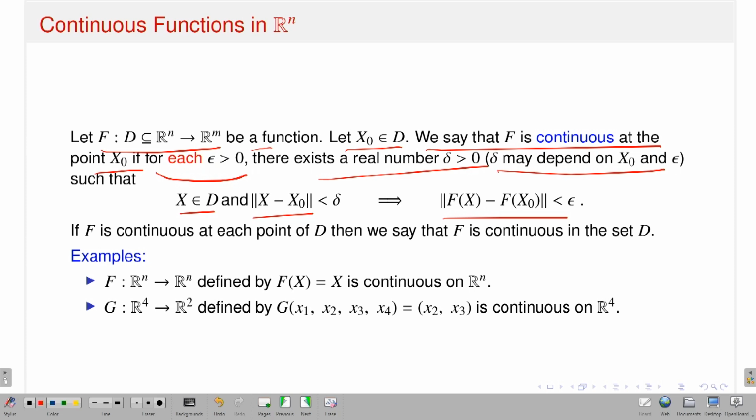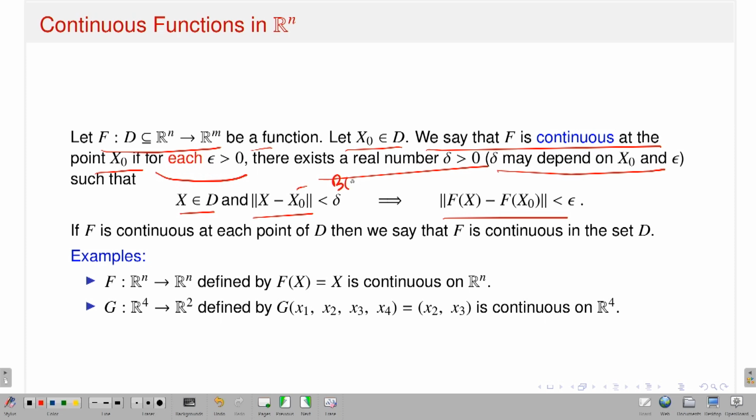Now, if you remember, I am just copying the definition of continuity of functions from the real line to the several variable case, just by replacing modulus by norm. Everything is the same. So, what I am doing? I am considering a point x naught inside the domain. I want to talk about the continuity of capital F at the point x naught. So, what I am saying is that given epsilon, there should exist a delta,